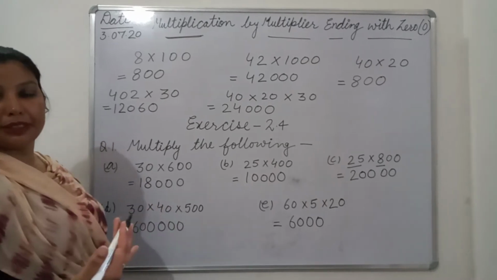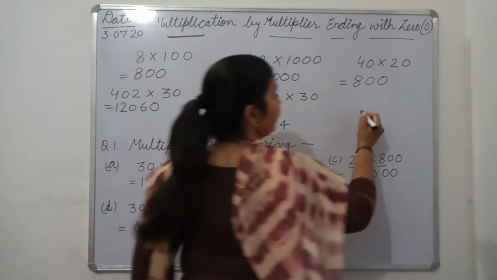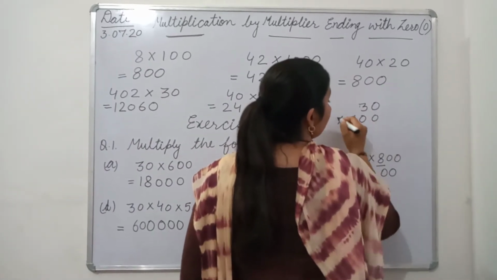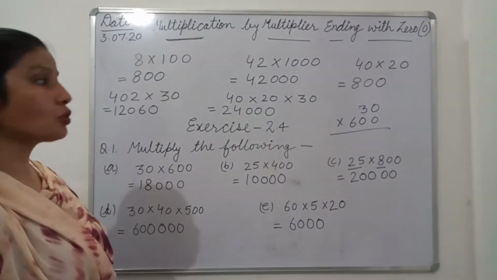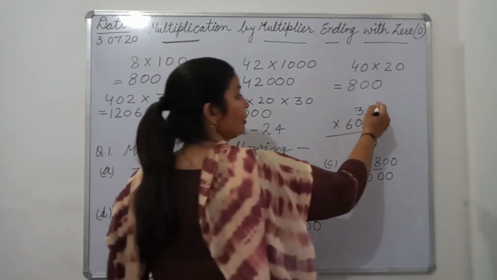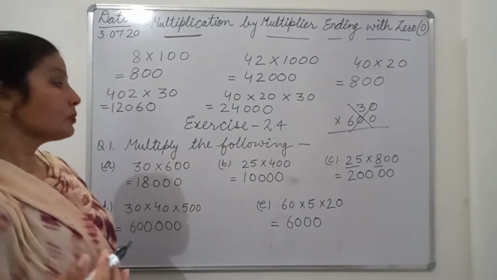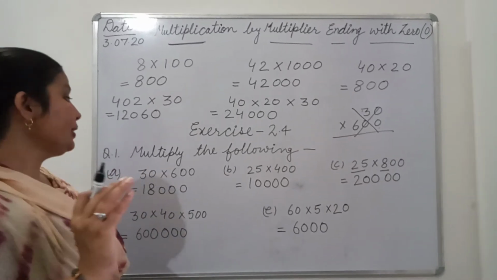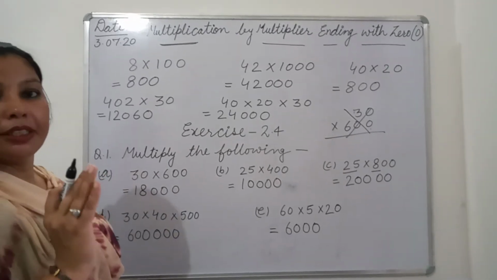Okay. So whenever you have a number ending with 0, there is no need to write it up and down and do the multiplication, because that is a waste of time. If you do it like 30 multiplied by 600, you will get the correct answer, but that will take a lot of time and that is a waste of time. So you will not do it like this. Whenever you have a number ending with 0, first of all you should multiply the non-zero digits and then count the zeros; as many zeros as there are, that many zeros you will take.